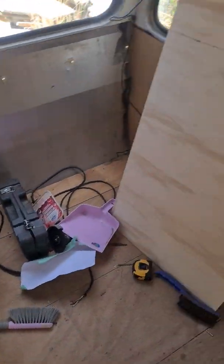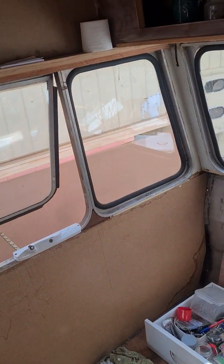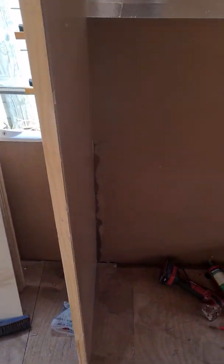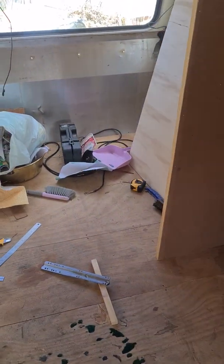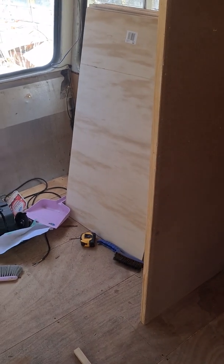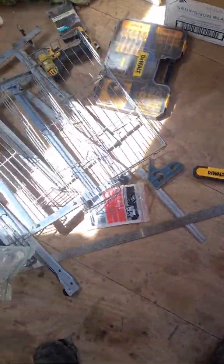Space for the bed's cleared out, got ply for that. Timber and hardboard and stuff over there. Got one wall up, so that's sort of like a small partition. So that's a bit of privacy on the bedside. Heads will be up that end, and the kitchen's going to be in here, but there's going to be another wall about here, and this is going to be like a hidden pantry with